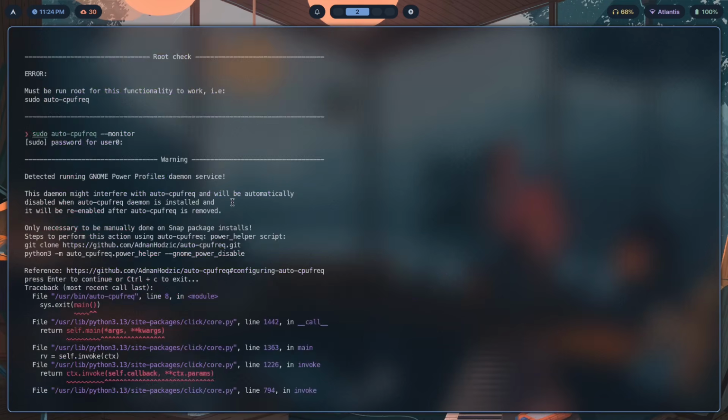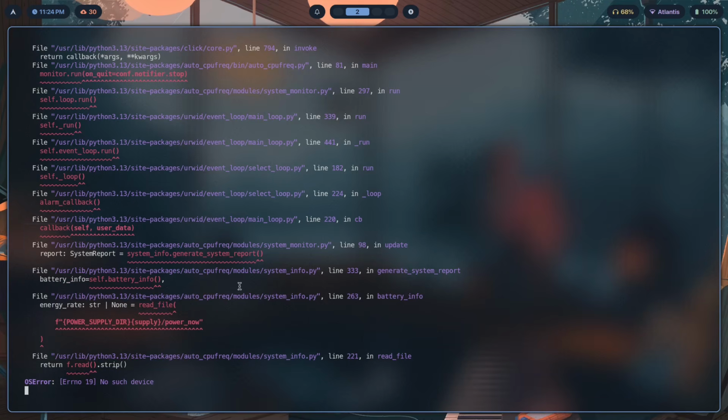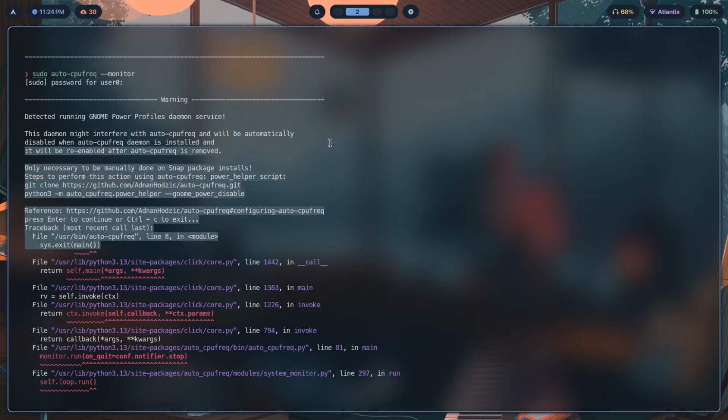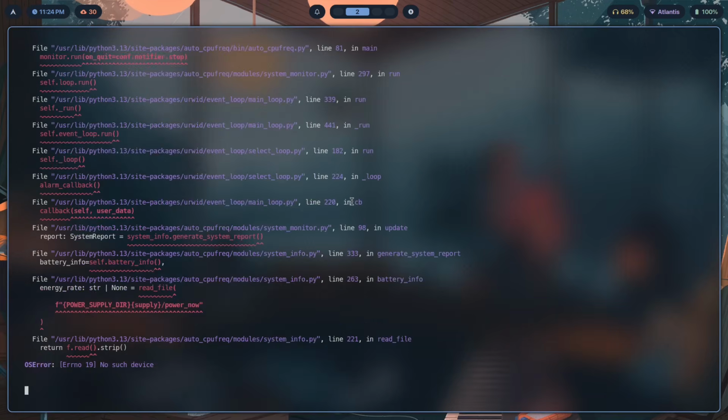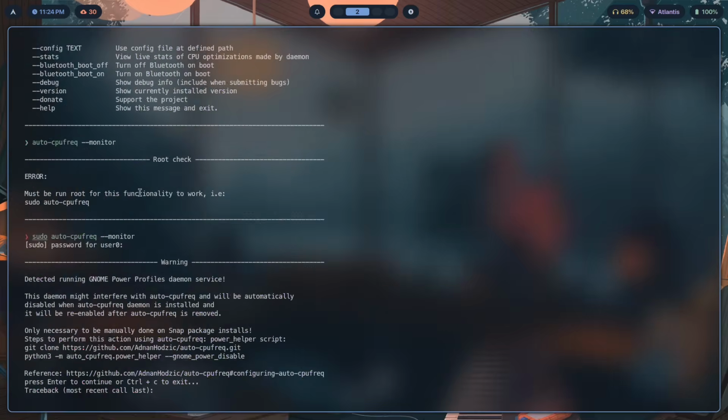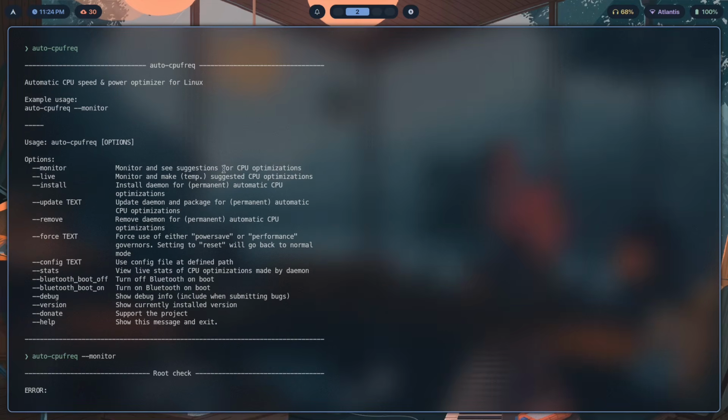Here seems like we have some errors. That's no problem. Seems like some power supply errors. Apart from that, we don't seem to have any other errors, so that's nice. And let's see if there's anything else. Nope. That seems to be it. So we can just press Ctrl C to exit out of that. See if there's anything else. Okay, now you can run it with --live to monitor and make temporary suggested CPU optimizations. And you can update it, remove, force,